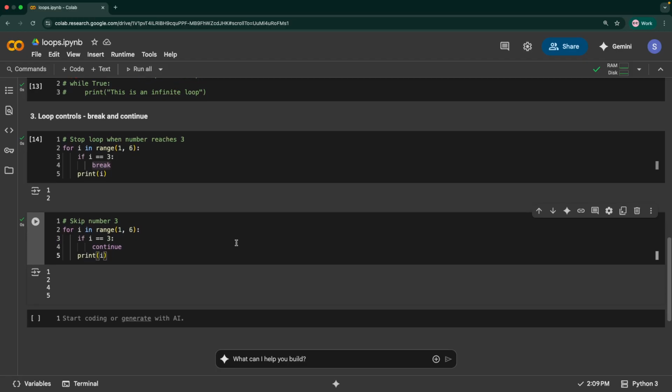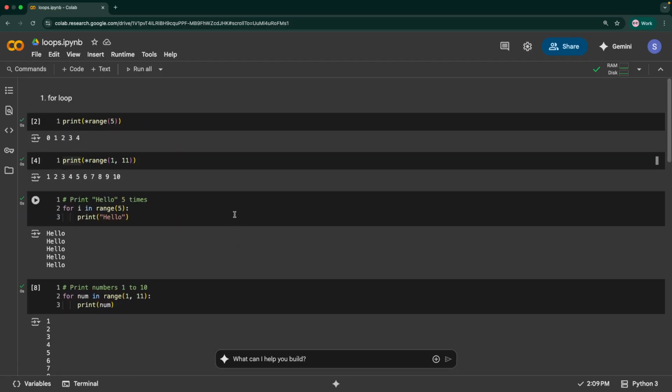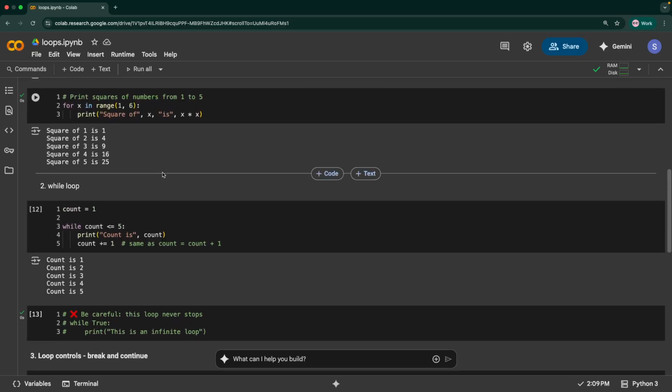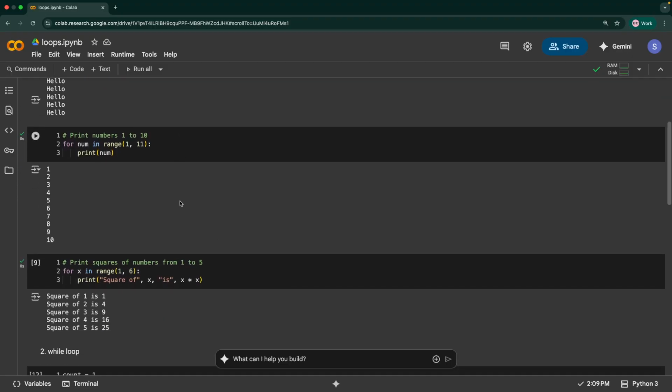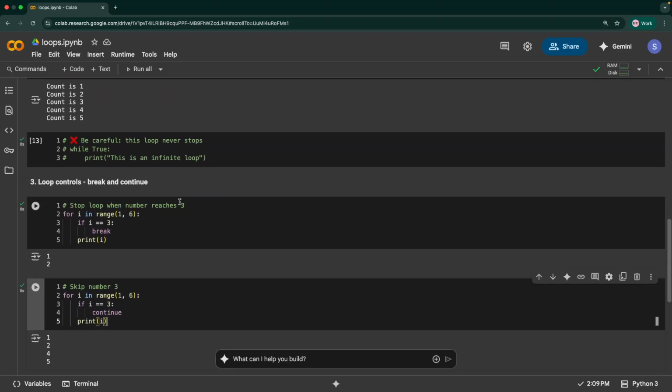So let's just do a quick recap of what we have seen in terms of the for loop, while loop, and controlling these loops. So first, we understood that we use for loops when you know how many times we want that to run, and we use while loops when you don't know how many times it needs to run. And then we have this break statement, and break exits the loop early when a particular point is reached, whereas continue skips the current step, but it would keep the loop running for the other values and so on.